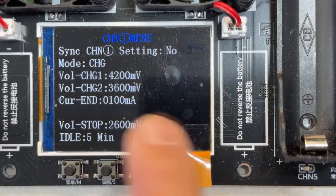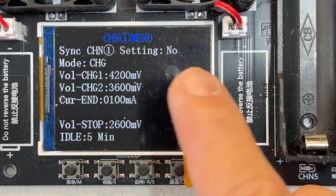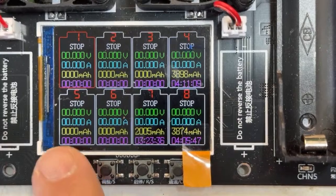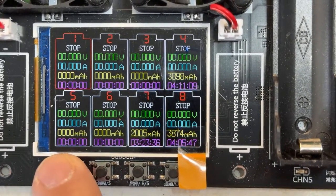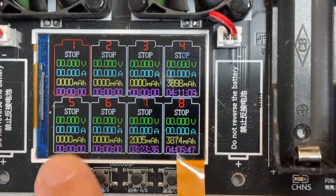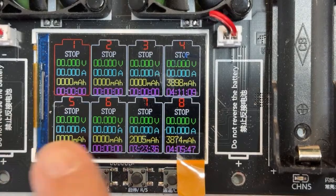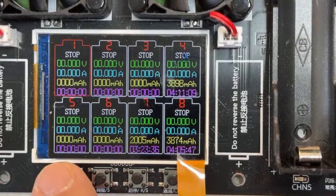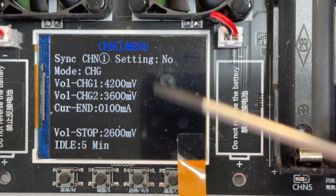See, if I release that in about 5 seconds, well, maybe 10, it's gonna go back to the main menu. So this part is gonna be kind of tricky to explain because I have to keep pressing buttons. But the way this works, remember we have 8 channels. Basically, if we put a battery in channel 1, then we have to press to start charging. What is gonna be doing the charging is, for example, if we press here,